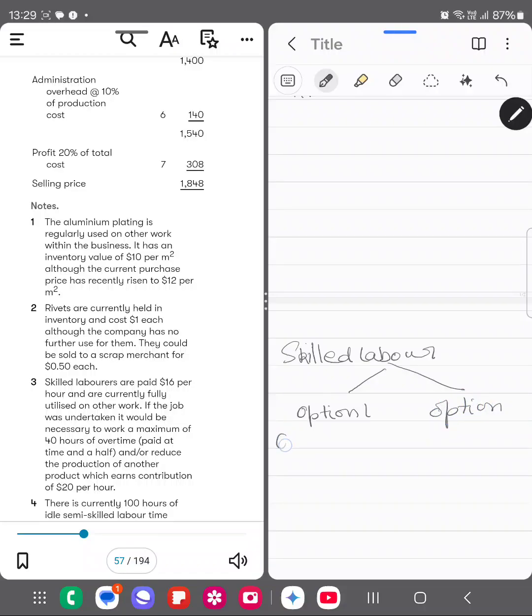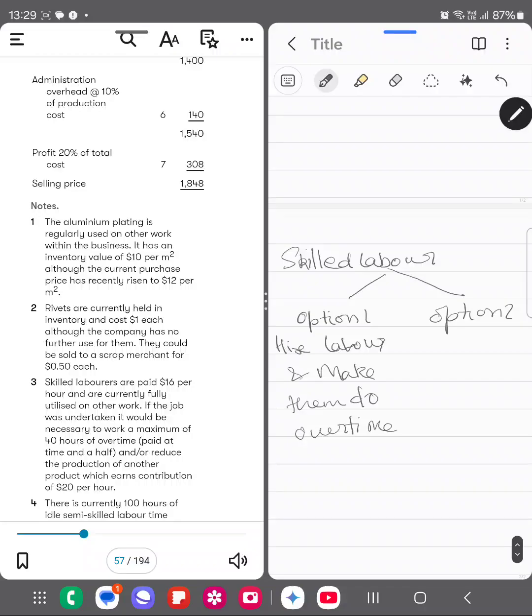So they have, either they work overtime, okay, either they hire a labor, or I would write it more clearly, more specific. So they would hire labor and make them do overtime. Okay, either they would hire this labor and they would make them do overtime, because the requirement is